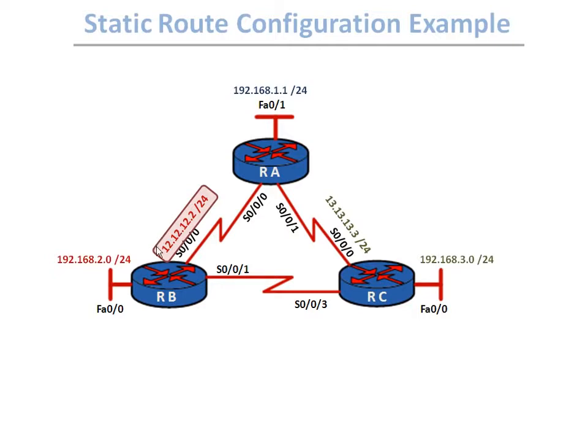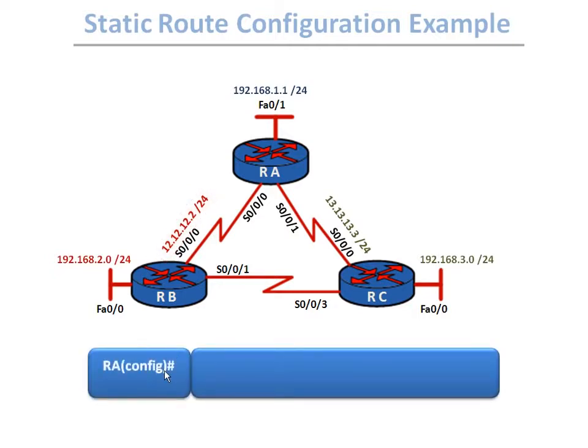So we should do the following. In global configuration mode, because that's where we type all the config commands, we type ip route 192.168.2.0 as the destination network, 255.255.255.0 as the destination's subnet mask, and 12.12.12.2 as the next hop IP address, and then we hit enter. This will basically tell router A to send to 12.12.12.2, or router B, the packets that are destined for the network